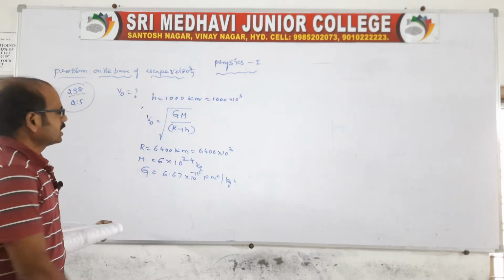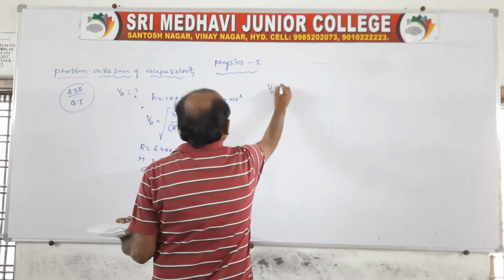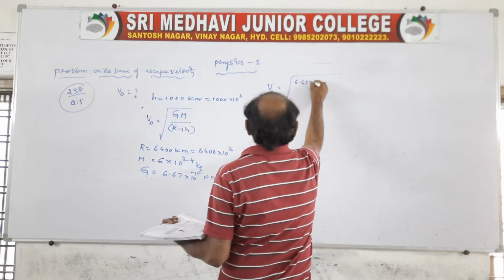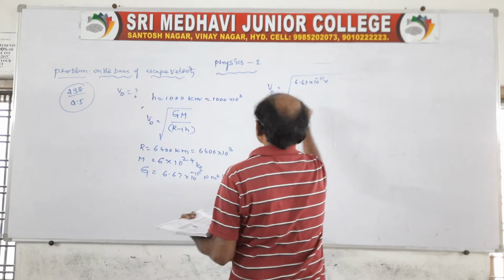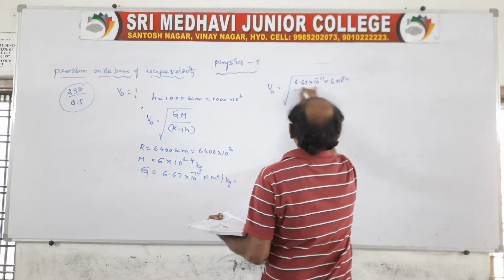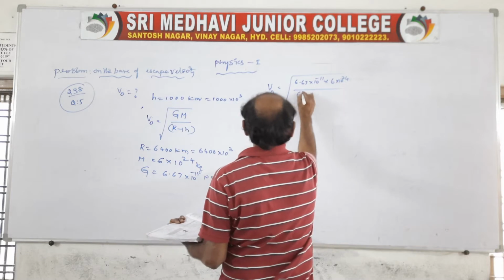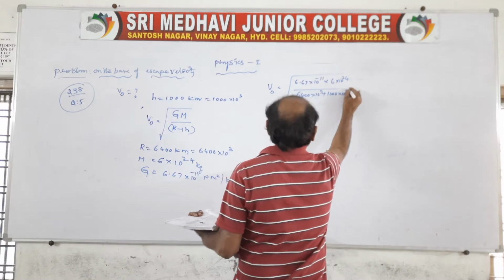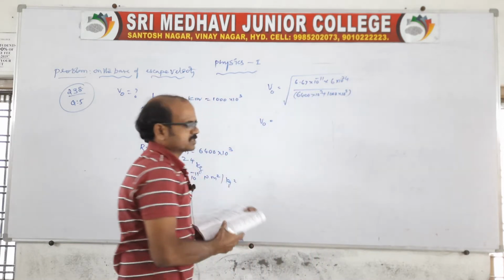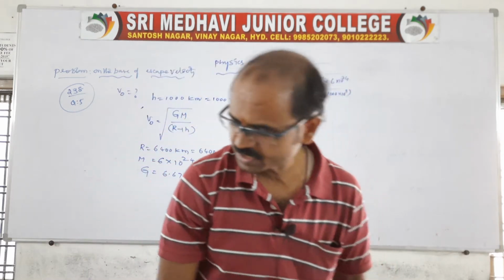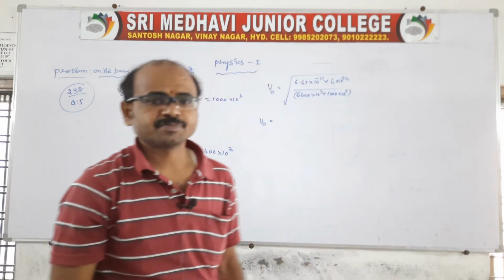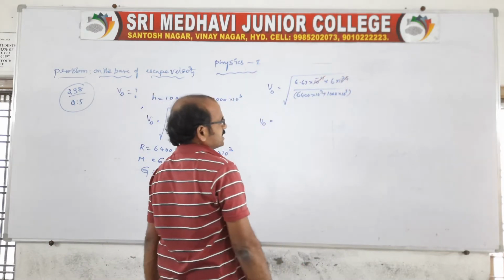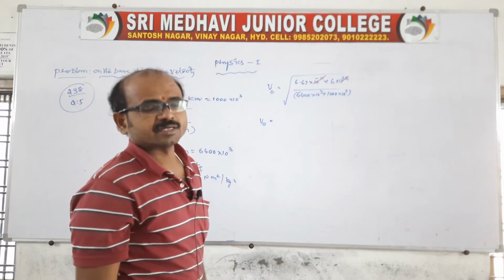So let us substitute these values here. Then V naught is equal to, there will be a calculation that is a little hard, no problem. Mass is 6 into 10 power 24 by R plus H. See, R is 6400 into 10 power 3 and H is 1000 into 10 power 3, of course. So remember everyone, here we should always first minimize the powers, this is the way. Here you look at 10 power minus 11 and 10 power 24, 24 minus 11, then we'll get 10 power 13.